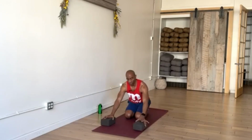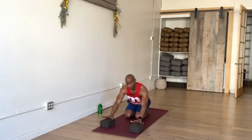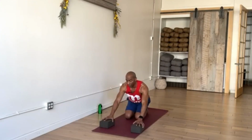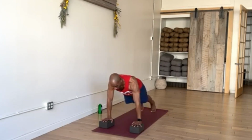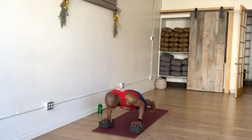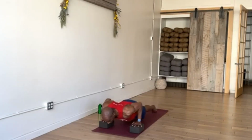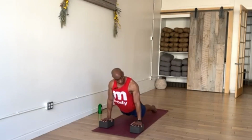Okay. So we're going to do chaturanga up dog with the blocks. I'll do it this way, then I'll try to face you. So I'm going to do plank on my blocks here. Okay, coming down. Won't need to go down too far because you're going to go down pretty far there. Okay, you need to get onto the tops of the feet. I'm holding onto the blocks and kind of pulling forward. Shoulders roll back, pushing into the blocks,